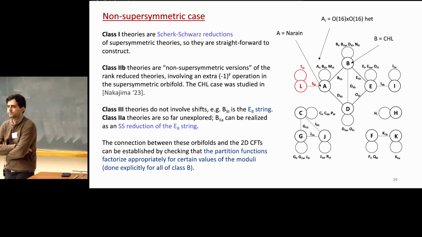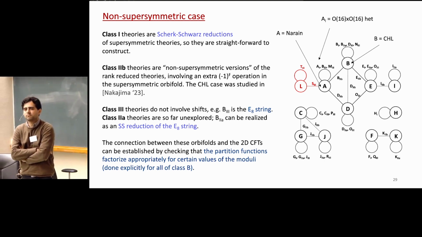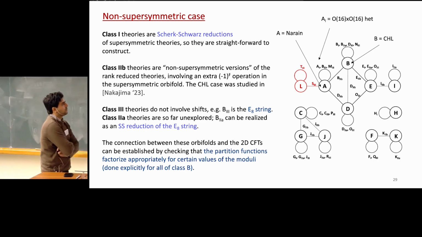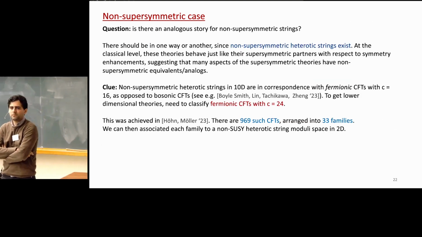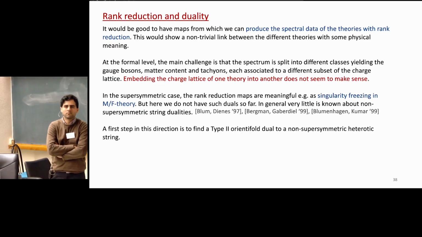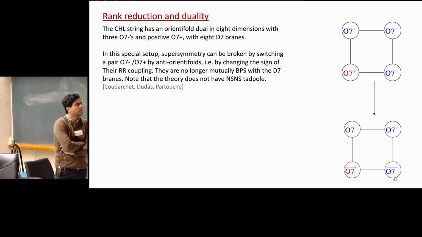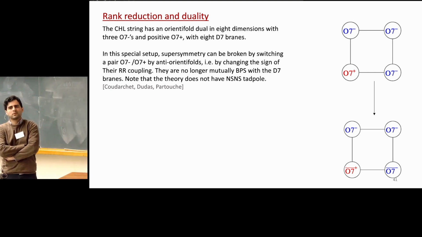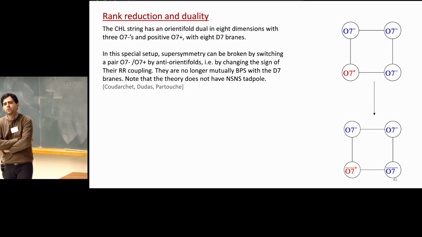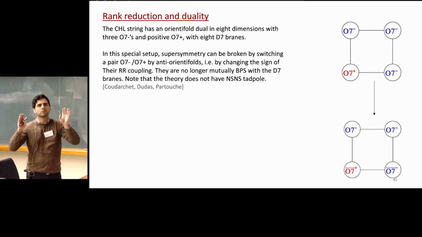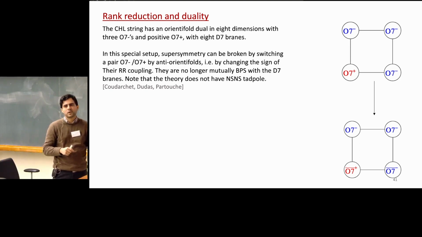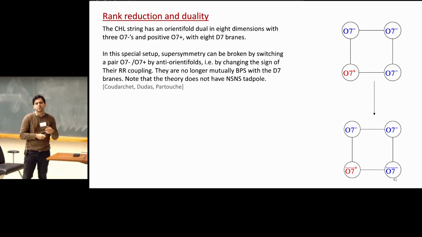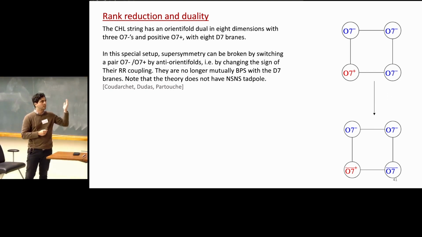Thank you. So in these dual pairs that you discussed in the next to last slide, how do you get symplectic groups in the heterotic? You can move branes wherever, and depending on which planes you put, you can get orthogonal or symplectic groups, as you said. Yes, this already happens in the supersymmetric case in the CHL string in 8 dimensions. In heterotic, when you do the orbifold and look at the untwisted sector, you have short roots, but the twisted sector can give you long roots, and then they can combine, and this gives you non-simply laced groups, and in this case, it's symplectic.